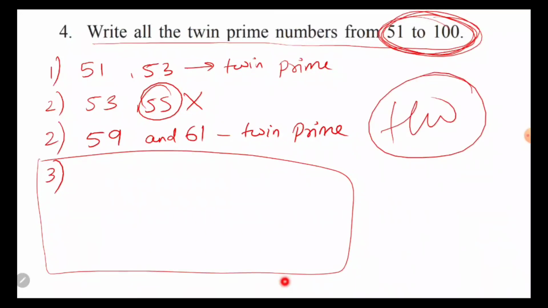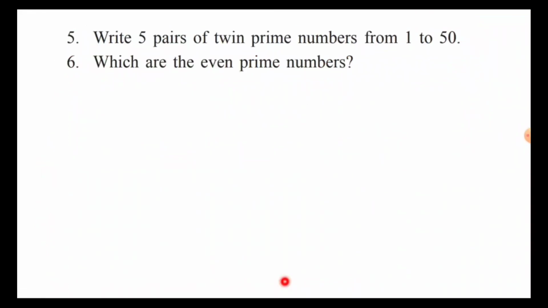Again I am saying कि अगर आपको कुछ भी doubt है so you can ask me down. Okay, next is your fifth sum. Write 5 pairs of twin prime numbers from 1 to 50. Okay, so 1 to 50 तक आपको जो है prime numbers लिखने हैं. सो क्या होंगे? सबसे पहले you will be writing 2 is a prime number but 2 के बाद क्या आता है? 3 तो लेंगे नहीं, 4 लेंगे. तो 2 and 4 are not twin prime numbers because 4 prime number नहीं होता है.